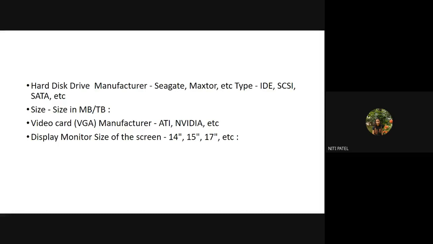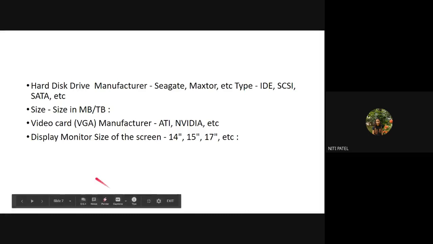So again, Linux says that it is not necessary that your hard disk should be only of Sony brand and only of 1 TB or 500 GB. You can have any hard disk provided by any manufacturer like Seagate, Maxtor, anything. Apart from that, you can use any hard disk like IDE, SCSI, SATA, PATA, any hard disk will be supported. But it should have a hard disk for storing the data inside the system. Now that depends. If you use PATA, the transmission will be double, but if you use SATA, the transmission will be single.